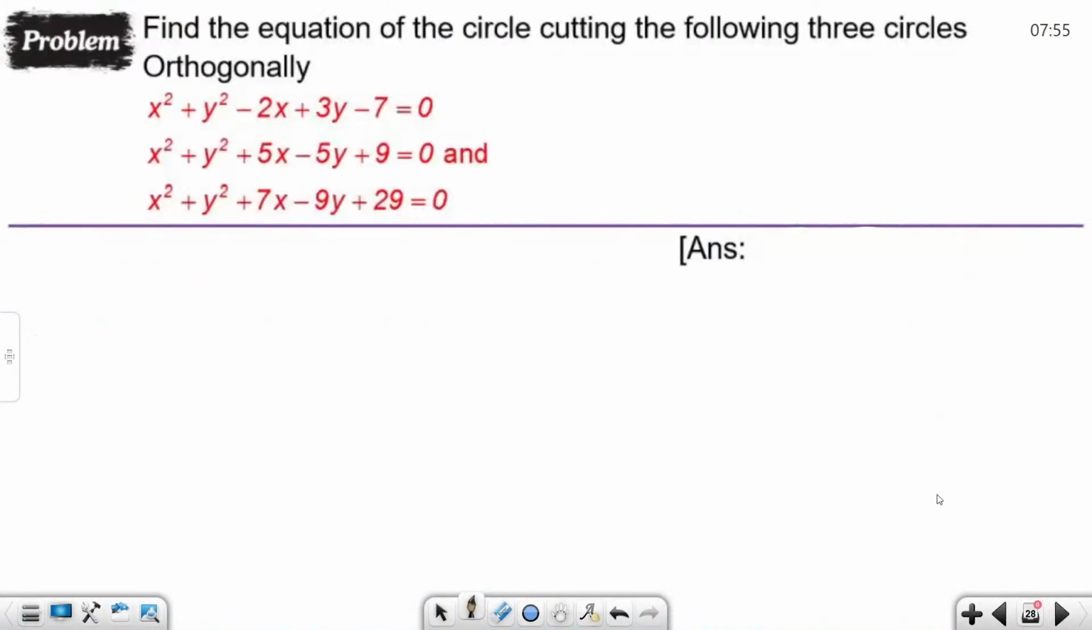Okay. So let us take a problem based on this. See this question. The question is, find the equation of the circle cutting the following three circles orthogonally. That means to find the equation of the circle, we need two things. One is the center, another one is the radius. Now, the center of the required circle will be same as the radical center, because the circle intersects the given three circles orthogonally, and its radius will be the length of the tangent